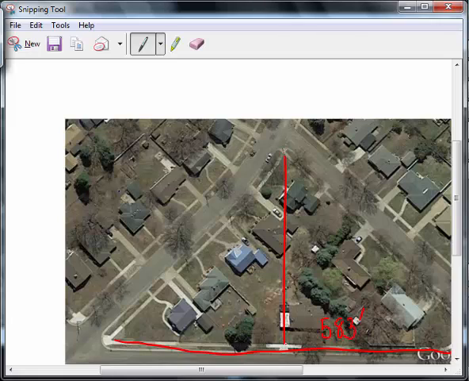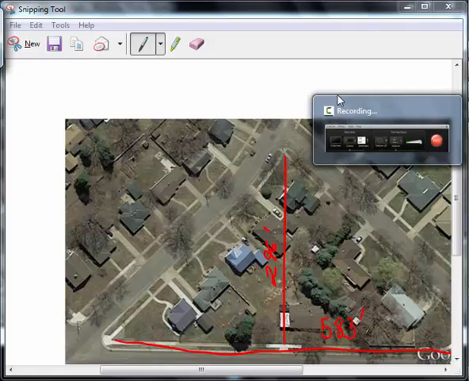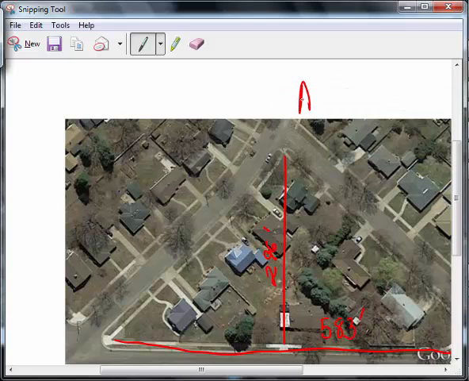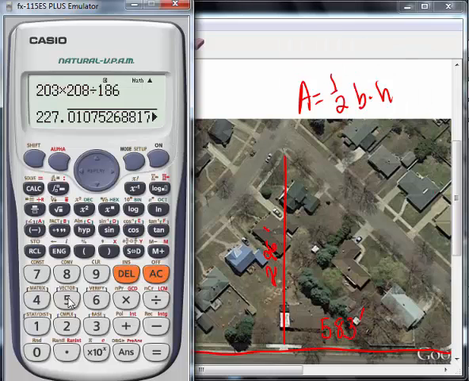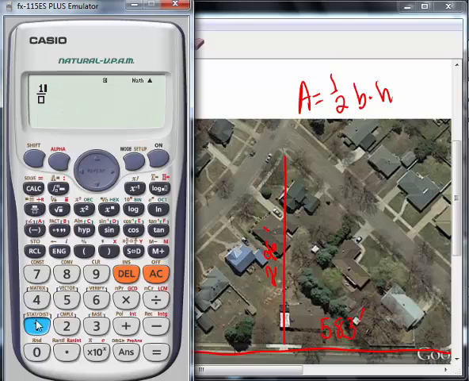This distance straight up and down is 296 feet. So on our calculator, area is 1/2 of the base times the height. So we get out our calculator. Area will be 1/2 of the base, which is 583, times the height,